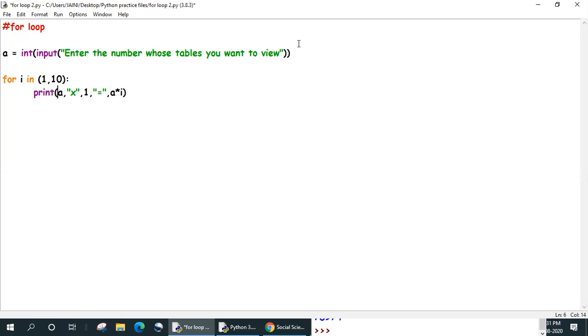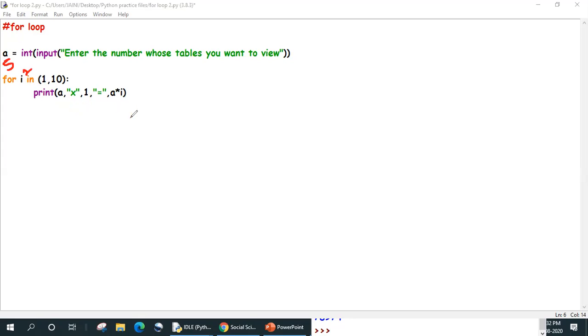I repeat. Let's say the number the user has entered is 5. So A is 5. Over here, I is 1. So the output is going to be 5 multiplied by, this should have been I, multiplied by 1 equals whatever is the multiplication value I get, so I'll get 5.